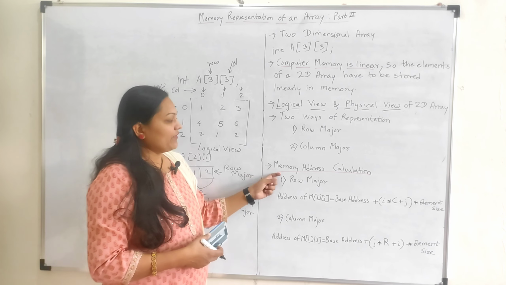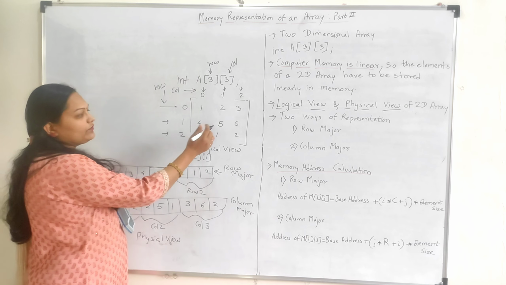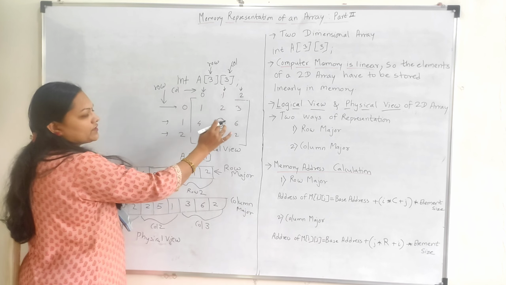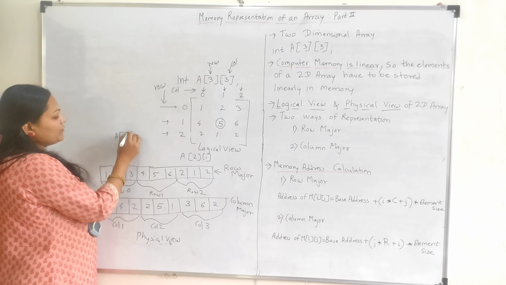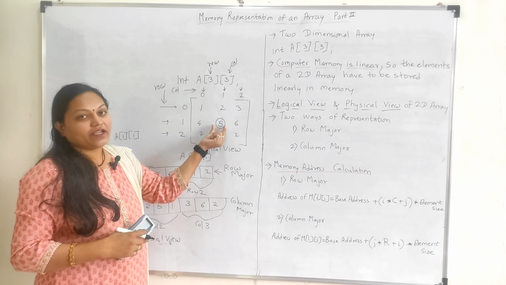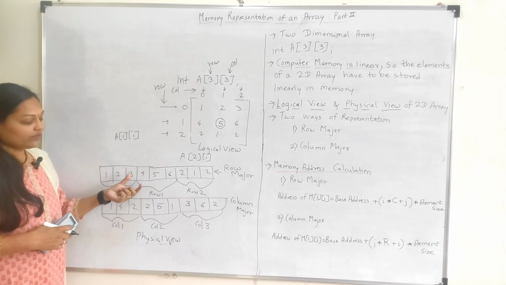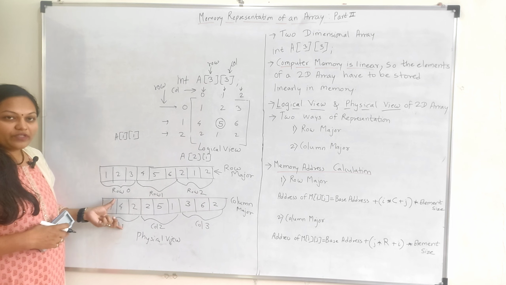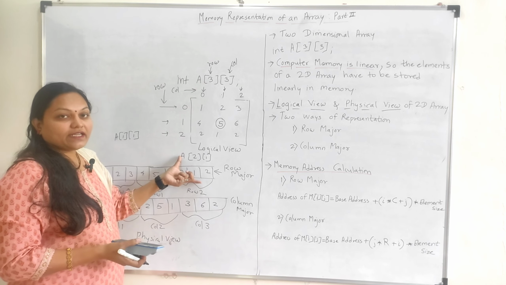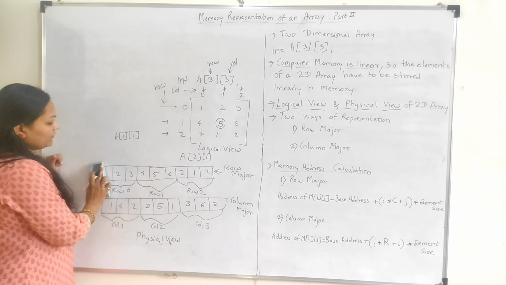So now see how we can find the memory address at a specific index. Consider this element, which has index first row, first column. So we can write this as 1, 1. How can we find the address of this element in computer memory? That we will see. Again there are two types, row major and column major. If we store this matrix in row major, how do we calculate, and in column major, how do we calculate? That we'll see.